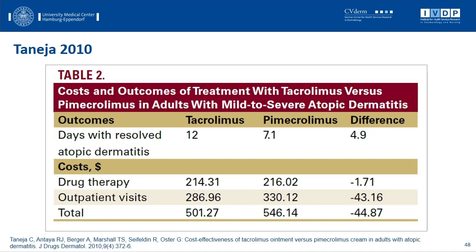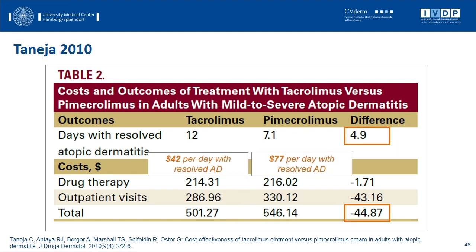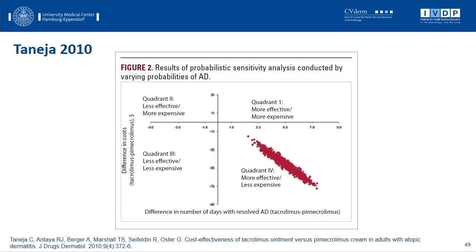So patients receiving tacrolimus had again more days with resolved AD and lower costs. So tacrolimus was again estimated to be cost-effective compared to pimecrolimus. And Tania et al. did some sensitivity analysis. So here you can see that even if many different assumptions were made, tacrolimus was still more effective and less